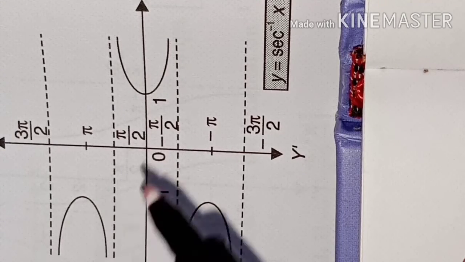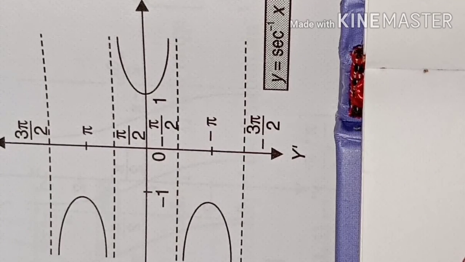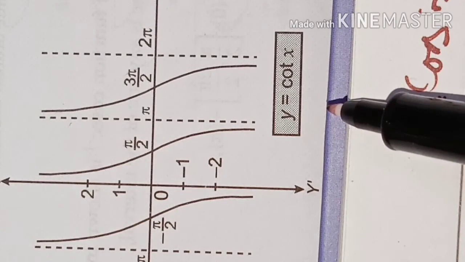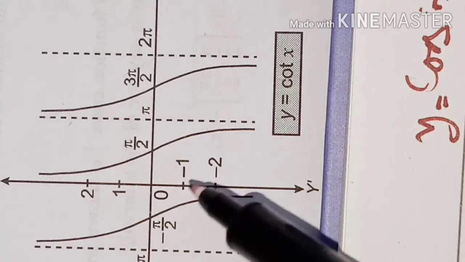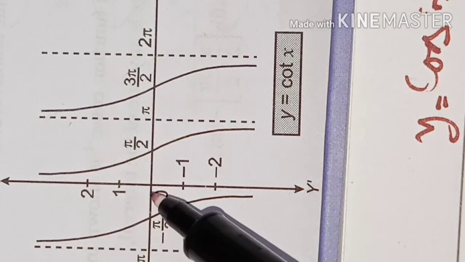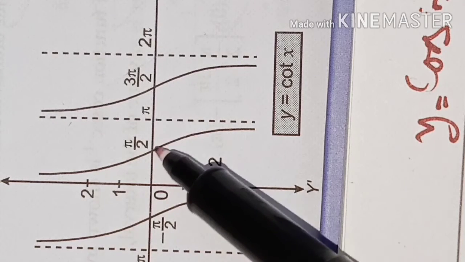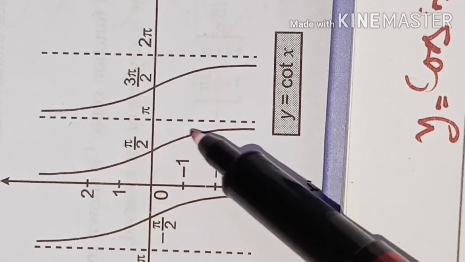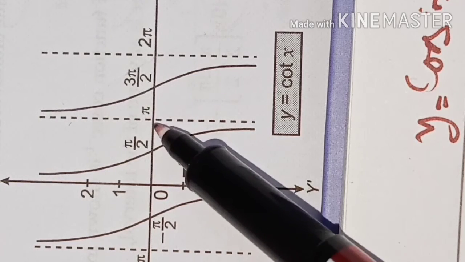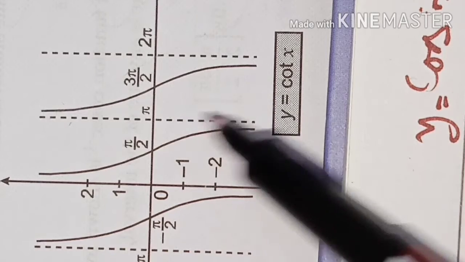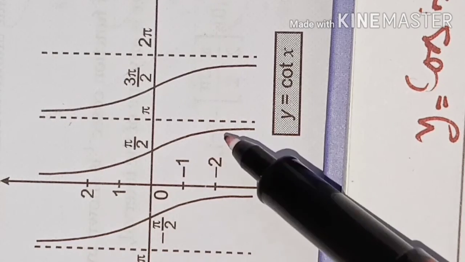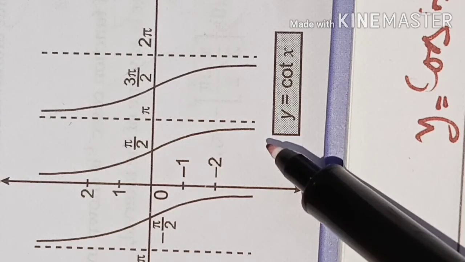If you take some values, you will automatically understand how this graph is to be drawn. The graph of the cot function is this one. You can see the graph is going upward but not reaching the y-axis in the branch 0 to pi, and it is not reaching the vertical asymptote at pi because it is going downward. The cot function is not defined at pi or at 0, because cot is cos by sine. That's why the graph is going upward or downward. Got the idea?